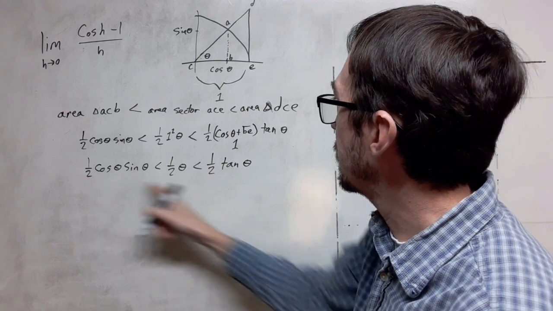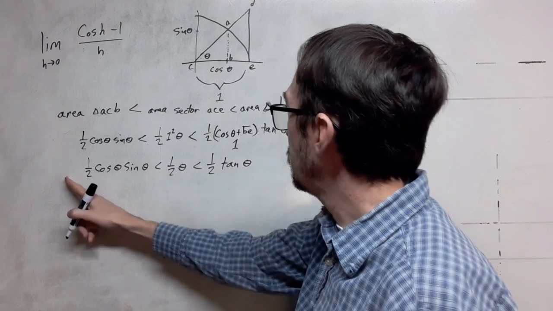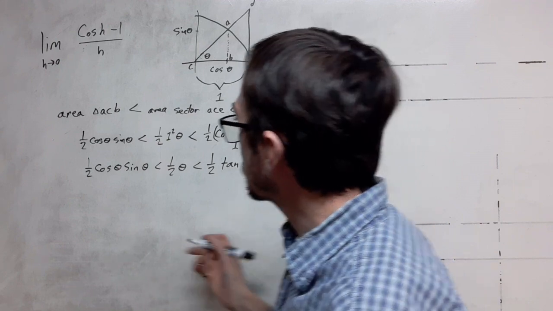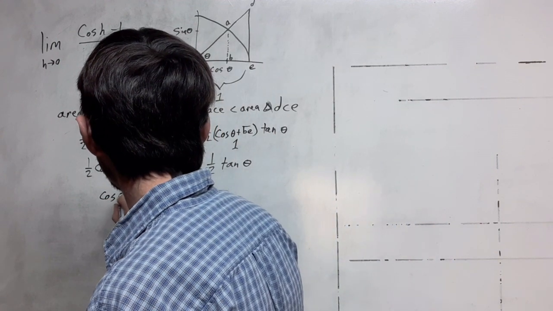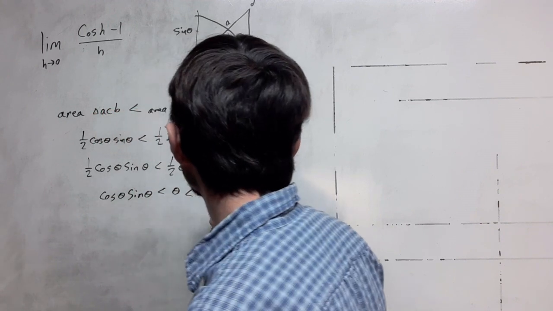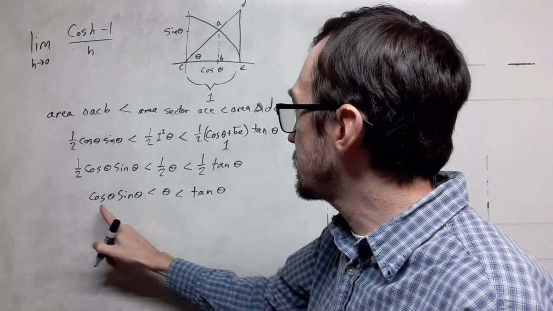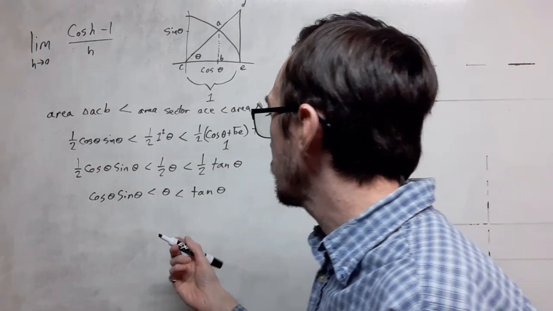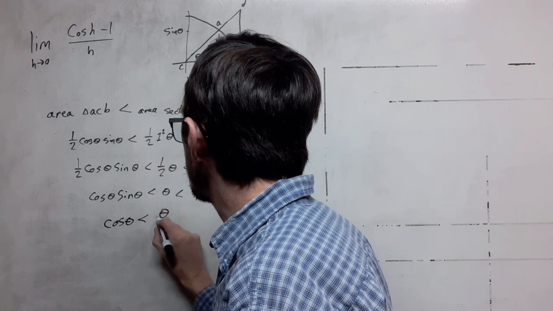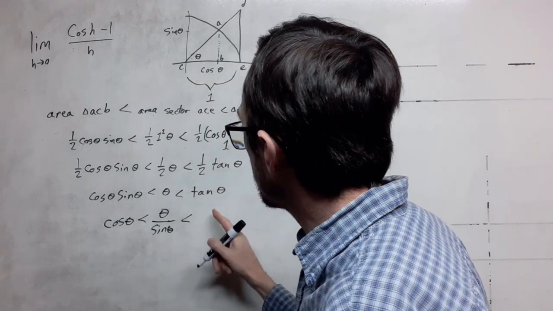Cleaning this up a little bit, we have this more compact form as we multiply by these ones that are in here. We can now multiply the entire thing by 2 to clean out these fractions. So we have that the cosine of theta times the sine of theta is less than the angle theta, which is less than the tangent of theta. The next thing that we're going to do is divide by sine to get cosine by itself. So we will have cosine of theta is less than theta divided by sine of theta, and that's going to be less than,